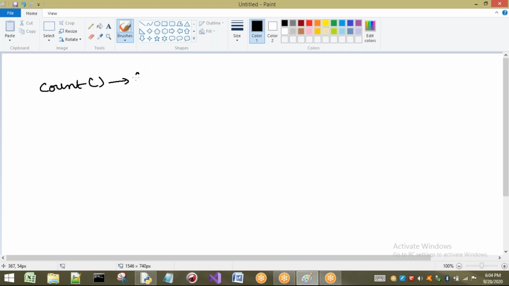For example, here I am having 10, 20, 10, 30, 20, 30, 40 and 50. This is a list of elements. Let us consider it as L, L equal to 10, 20, 10, 30, 20, 30, 40, 50. Now I want to find the number of times 10 is present in my list.